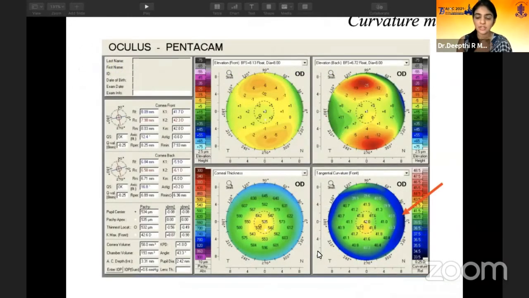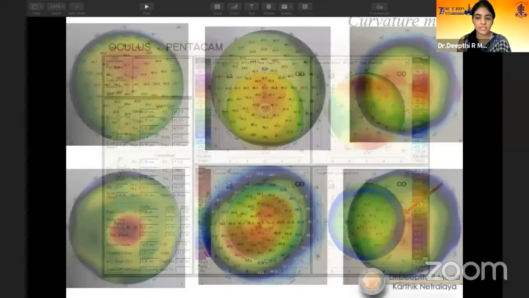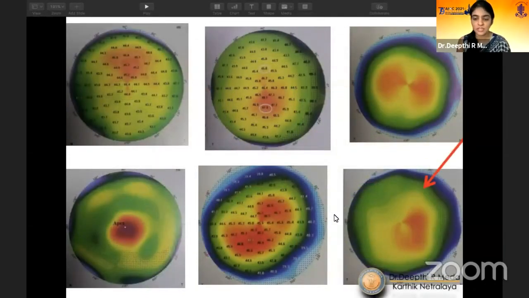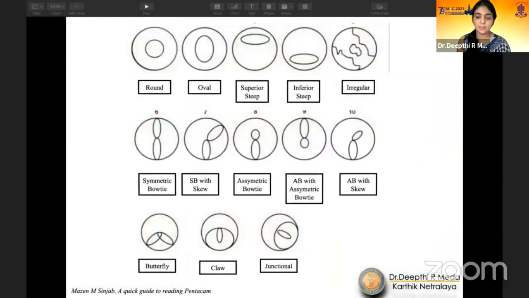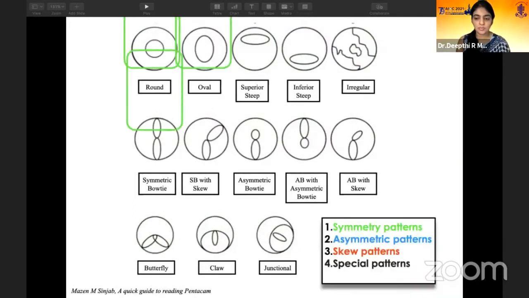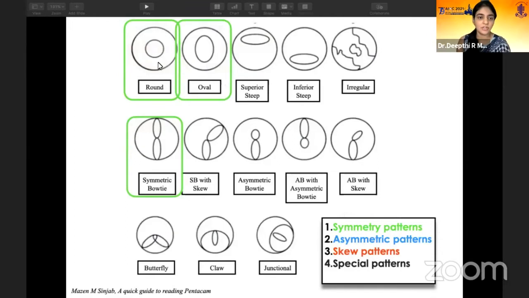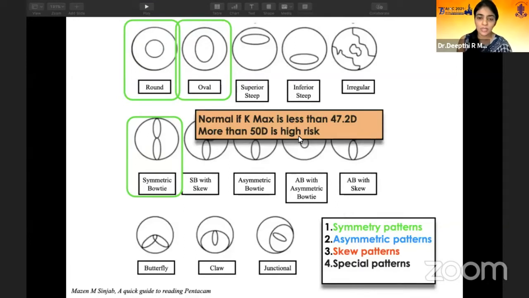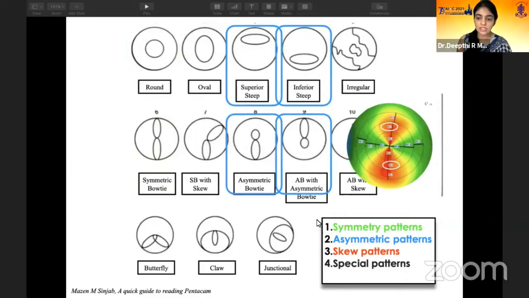Now, I would say tangential or sagittal maps have been a gold standard in corneal topography, especially from the Placido era. I'll spend a minute or two on analyzing the patterns, because the same flow applies to all the other topography map reading. These are the various patterns which are possible, and you can divide them into symmetric patterns like an oval, round, or bow tie. As soon as you see a symmetric pattern, you know your cornea is probably normal. Only if it is very steep, like more than 47, then that can be a red flag sign of central keratoconus. And asymmetry is the next four patterns.